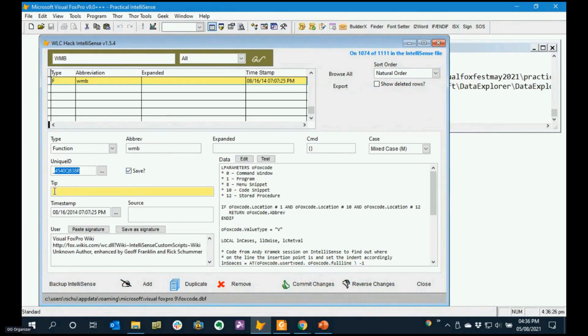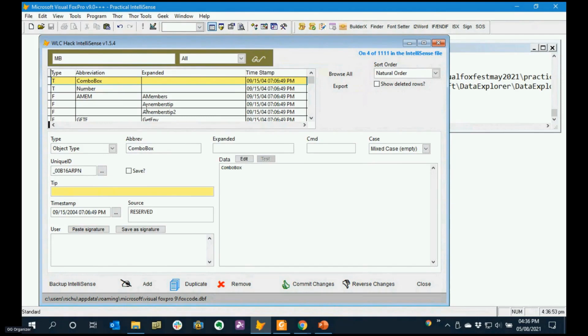In this case, there's no tooltip. You have a time source, and then here's the user column, which gives you some documentation of who I originally found things from as I was learning, and I made some enhancements to it. All right. The other one I'm just going to show you is MB,